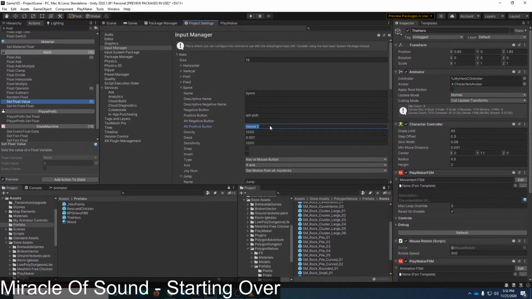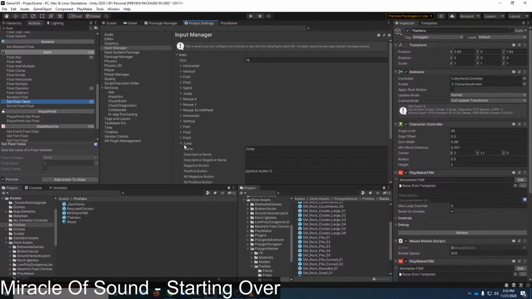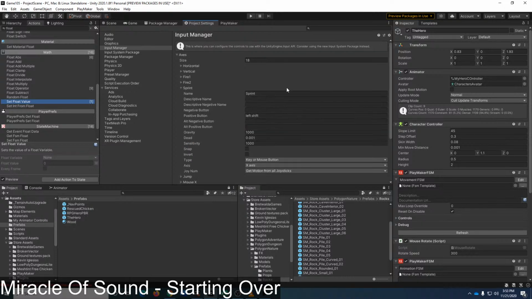Let's take away the mouse 2 binding. I do not want that. So it'll be Sprint, and even though I don't think anyone's going to be playing with the controller, let's also change the controller bind. Okay, so we have the Sprint. It's bound to left shift.